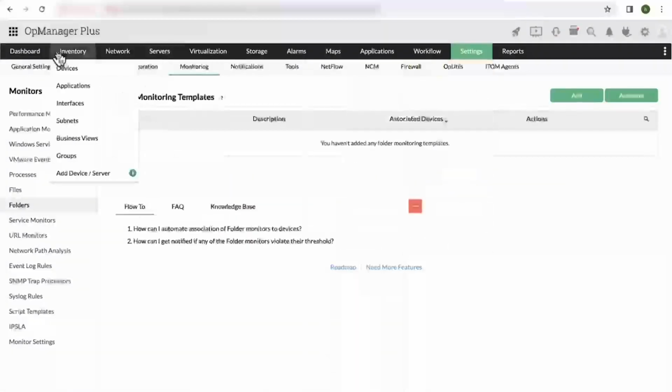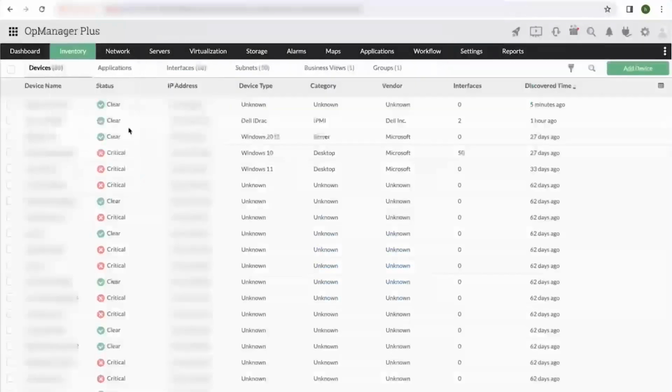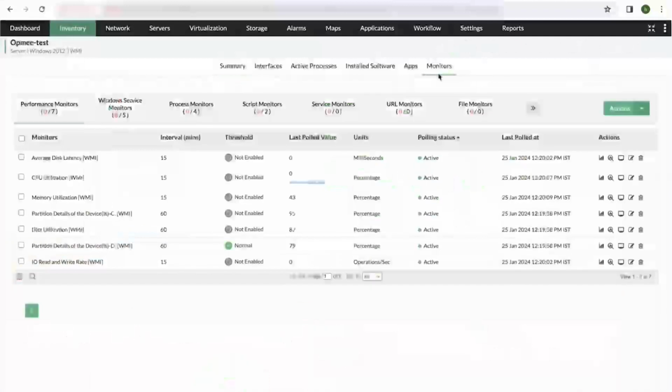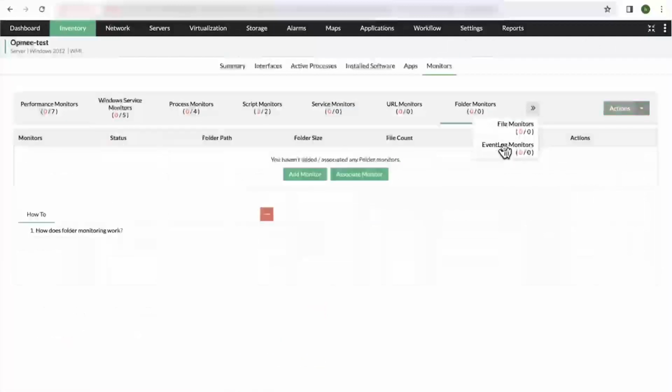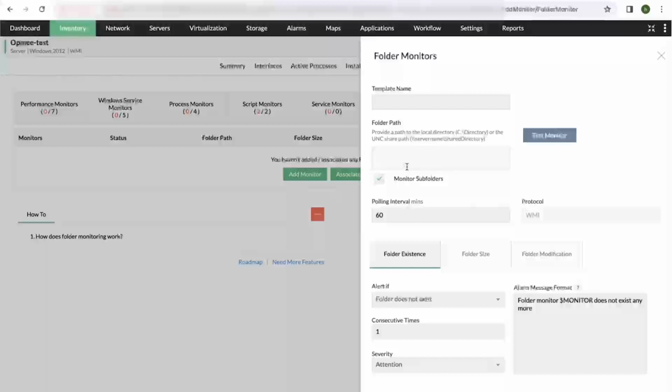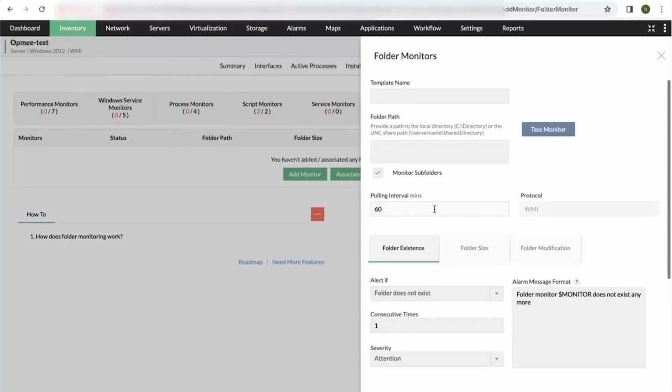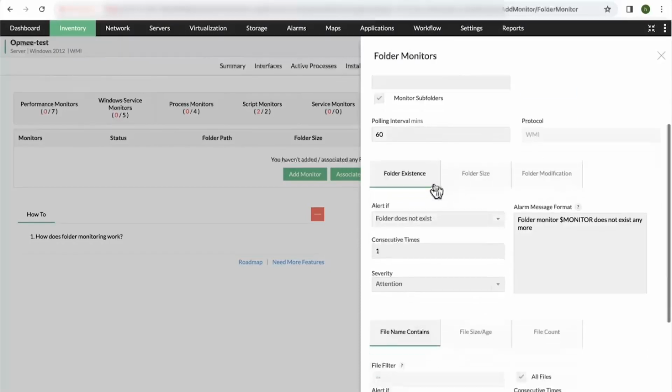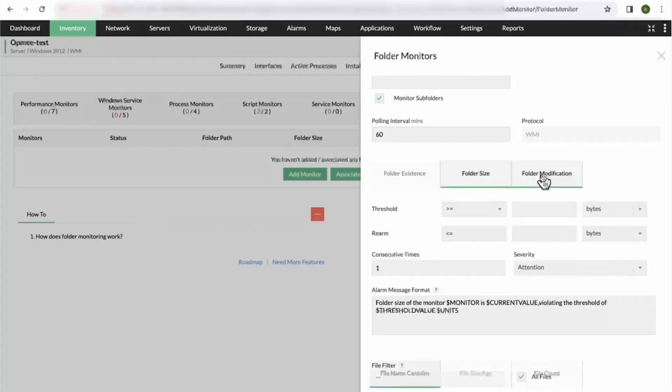So I've got another request for folder monitoring, so I'll go through it again. Let's click on a device, let's click on monitors, add folder monitoring here. Click on add monitor to add a folder monitor to a single device, provide the template name, the path, provide a polling interval, and you have the folder monitoring metrics under here, like the folder existence, the folder size, and